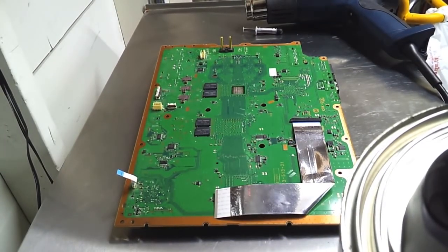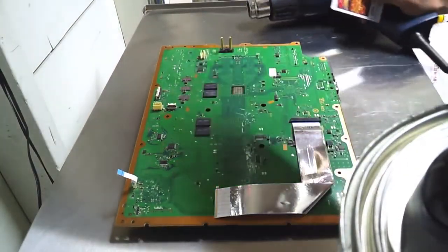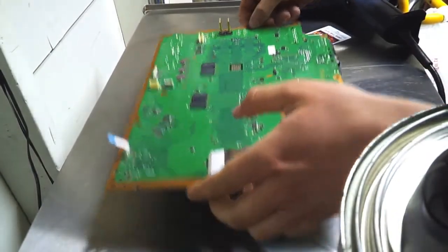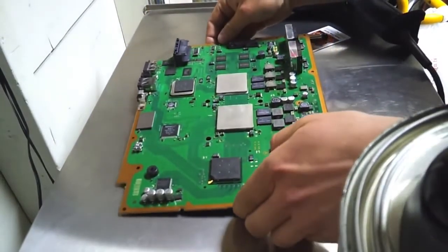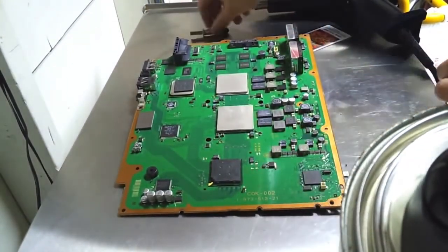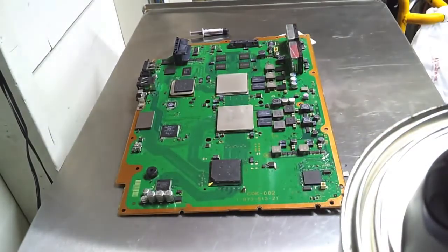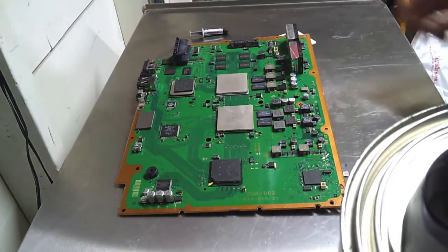Alright YouTube, it's been another 15 minutes, so it's time to apply our thermal paste. I ordered this Arctic Silver off Amazon, and now I have no spreader came with it. Generally when you buy thermal paste, the spreader comes with it. But I guess when you pay a premium for thermal paste on Amazon, you don't get a spreader with it. So that's cool, whatever. So I have a little hotel key card that I found that I'm going to use